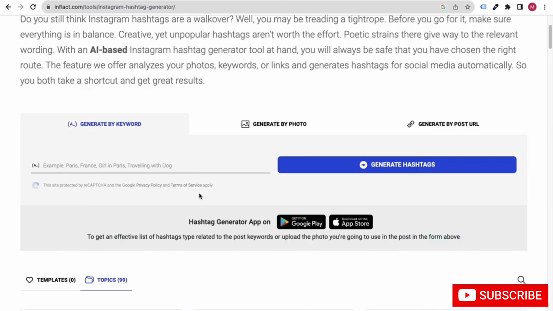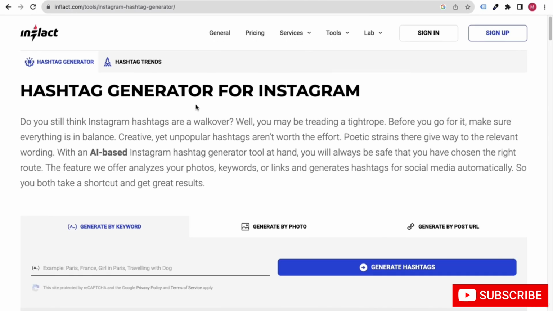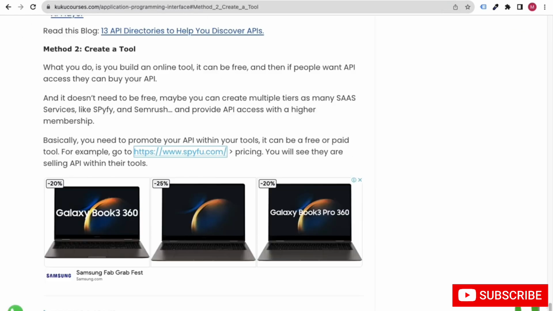Okay, and you can create these tools maybe on your WordPress website. You can use ChatGPT to create tools as well, right? I will try to create one course on how you can create different tools using ChatGPT and WordPress, so that at very low cost you can get amazing results.